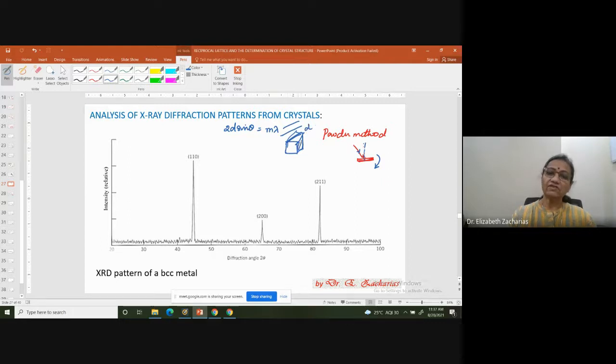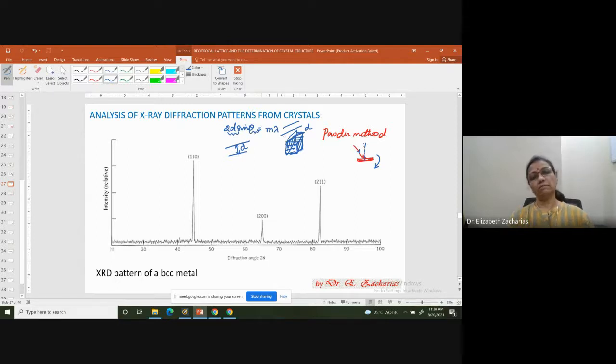If I take this and this as a plane, the d value is going to be different. If I take this and the one behind as a plane, the d value is going to be different. So d is actually the shortest distance between parallel planes. For a family of planes, the shortest distance is d. So what you will see is that for different families of planes, this equation will be satisfied for different